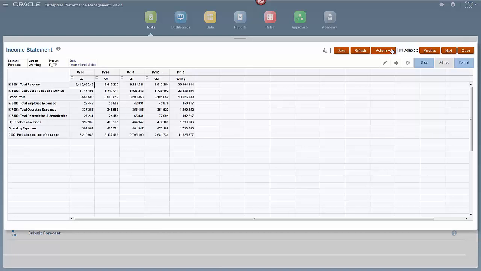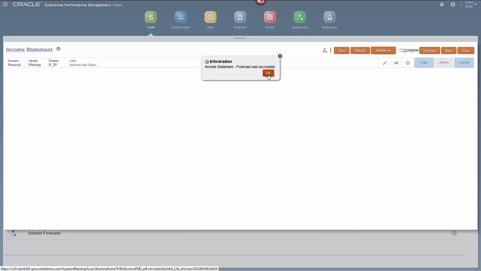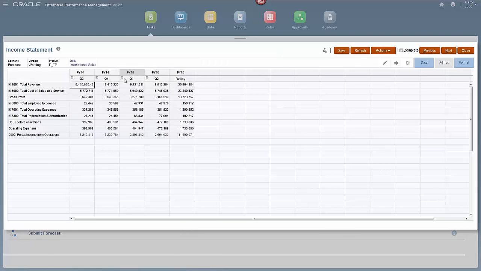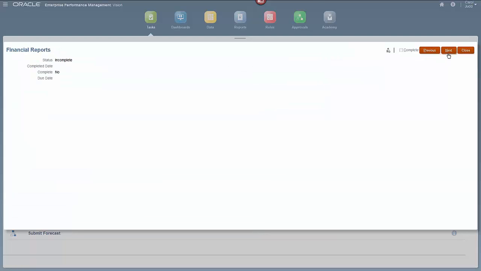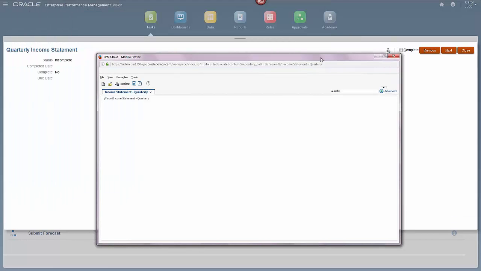Using the Action menu, Carol launches the income statement calculation so she can view the effects of her revenue and expense forecast changes. She is pleased that revenue in Q4 is in line with the past 3 quarterly results while maintaining their operating expenses. Carol proceeds to the next task, the Reports task, that allows you to review a variety